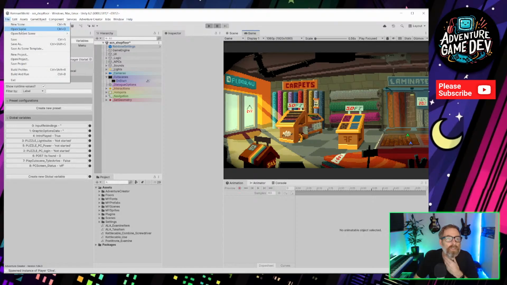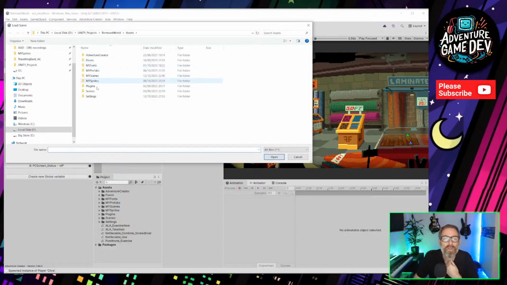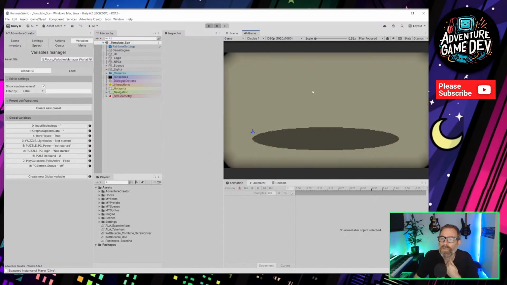And let's have a look at, I don't know if I actually had a scene. Let's have a look at my scenes. No, I hadn't actually set up a Funky Monkeys scene. So we're going to get my template. What did I change in the scene? Yeah, I had just changed a variable on there.